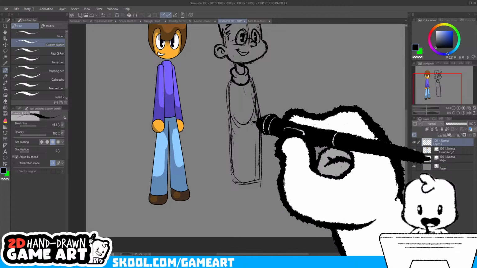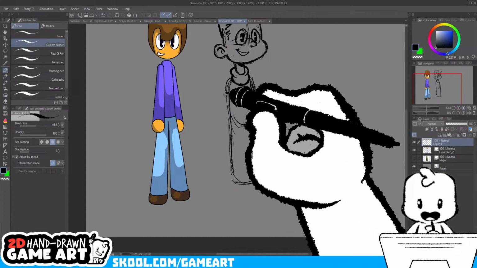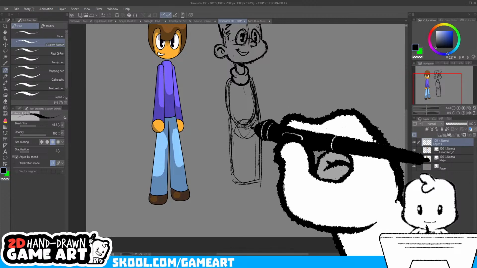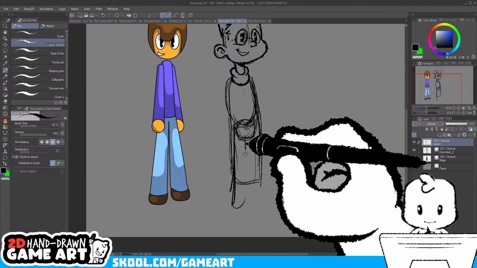Let's rough out the body so you can see exactly what we're working with. This is going to be the torso. This can be the hips. You can get the legs in here.